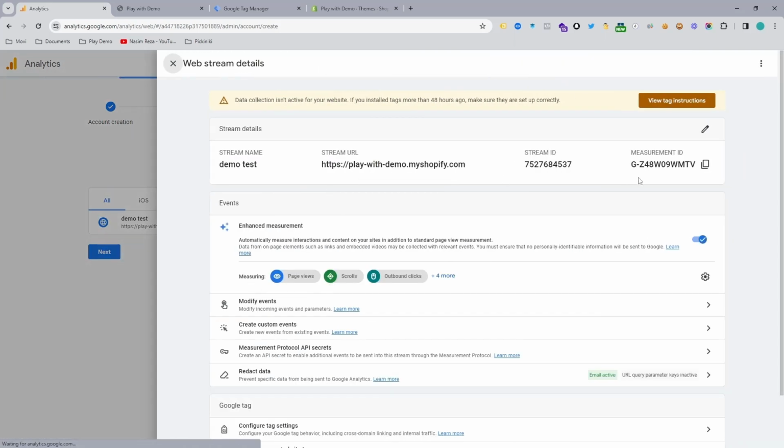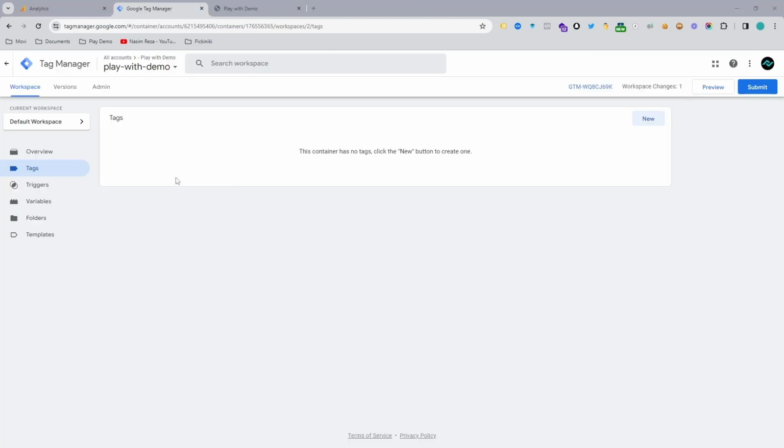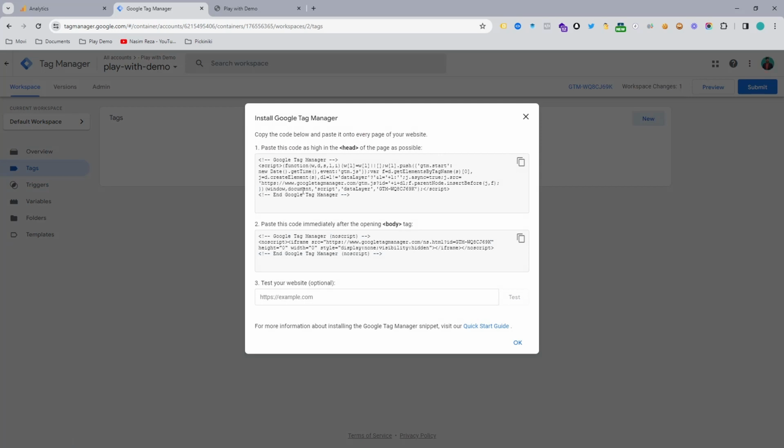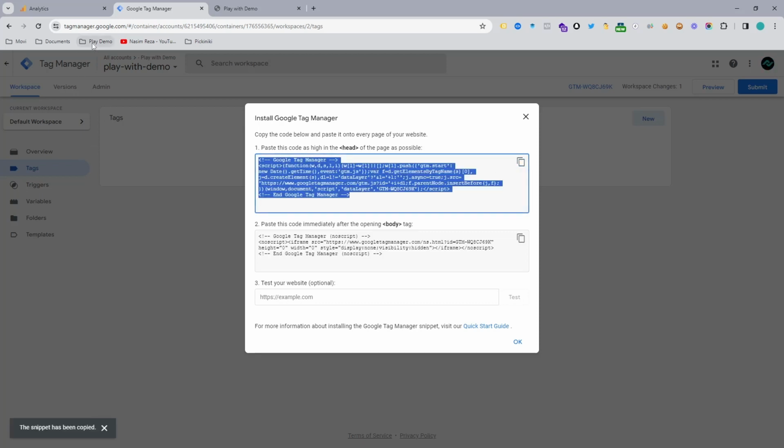and then you can see our measurement ID is ready. We need a Google Tag Manager container. So if you visit tagmanager.google.com, you will get a container and you can open your account. When your container is ready, you will get this code. This code we need to implement in our Shopify backend for connecting Google Analytics, Google Tag Manager and our store. So for example, you need to visit